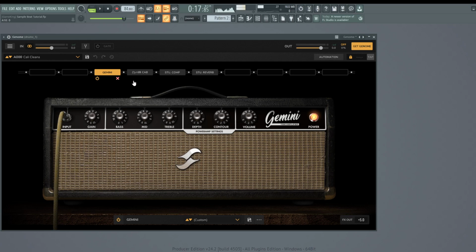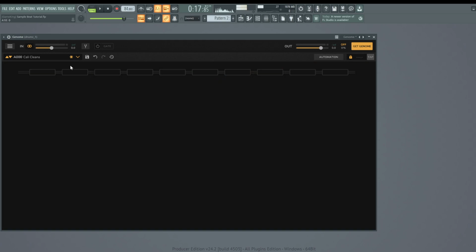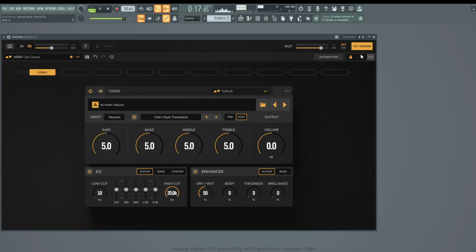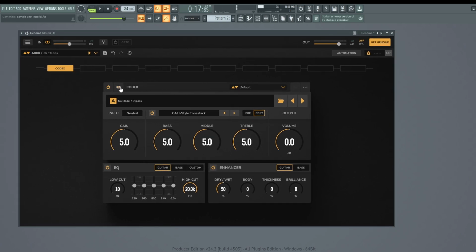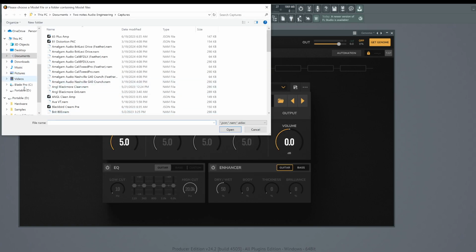The only two companies I've rocked with are Past to Future Reverb, who has really good NAM profiles, but also Analog X is becoming my favorite company because they're very accurate. So in Genome, the reason I'm showing you this plugin is you could load up stereo NAM profiles, which is huge, because other plugins only load up mono, which is not going to help you guys with samples and drum breaks that have stereo information.